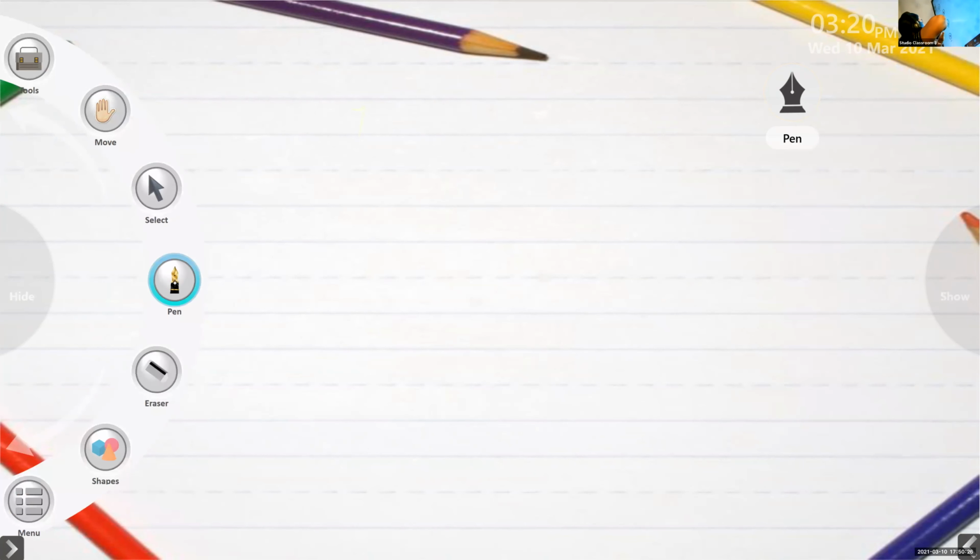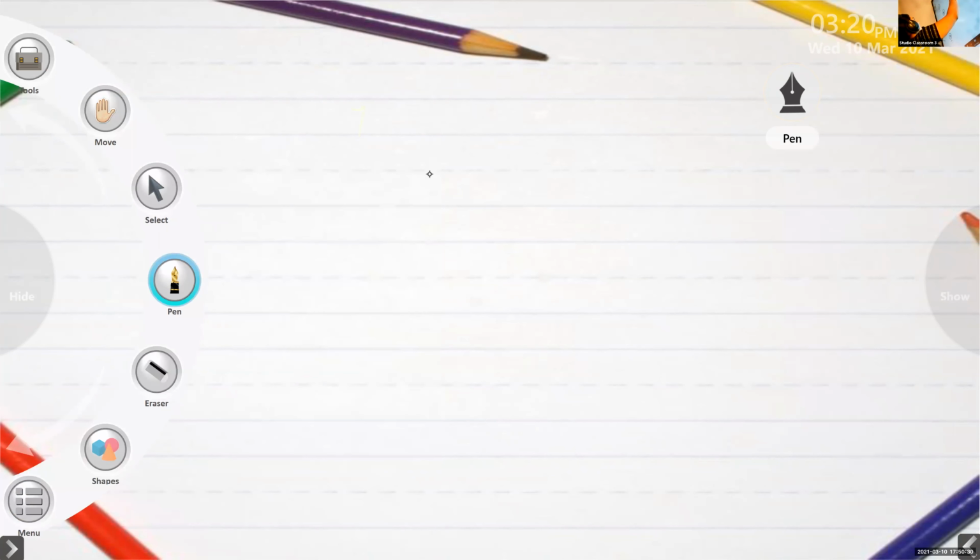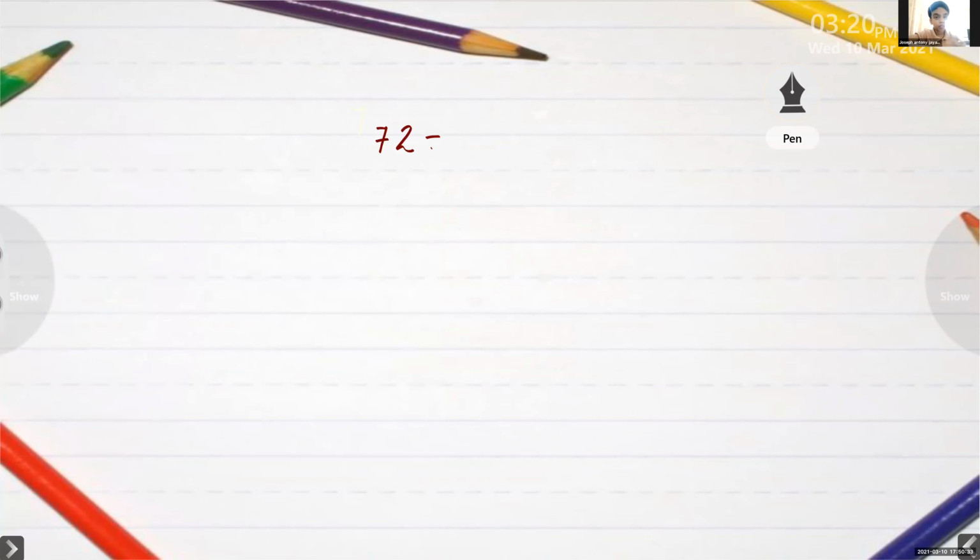72 divided by 6. When you divide 72 by 6, in the table of 6, you cannot see 72. If you write till 10, 10 sixes are 60 only we will get. 72 we cannot get. So you have to divide inside the bracket. And you have to follow the steps C, D, M, S, B.